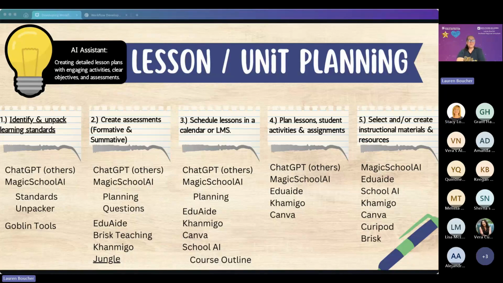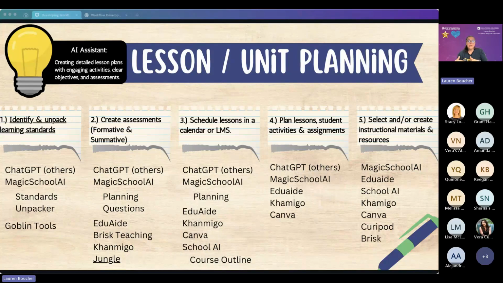All right, so the tools that I use to go through that process is ChatGPT, or any chatbot, whatever your favorite one is. Some people like Perplexity, some people like Claude. Magic School AI actually has a standards unpacker. It is not going to unpack as comprehensively as the document that I just showed you.